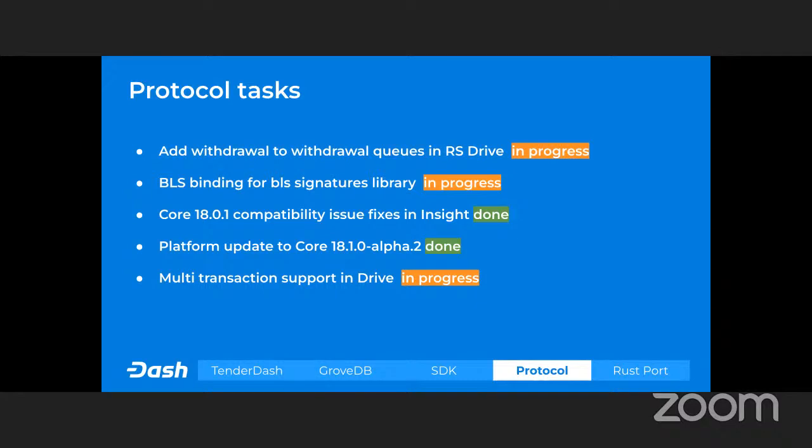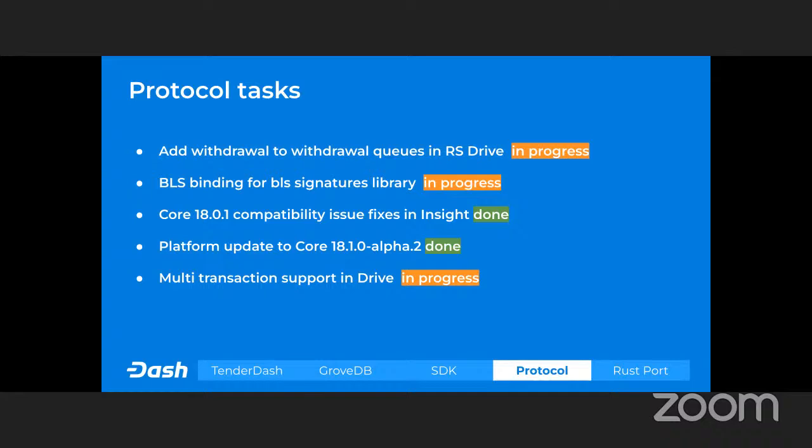Quick update on withdrawal and withdrawal queues that we've been working on this time. We had a discussion with the guys about some changes in the logic recently, and after that we merged two stories, implementing the queues and signing of withdrawal transactions, into one.